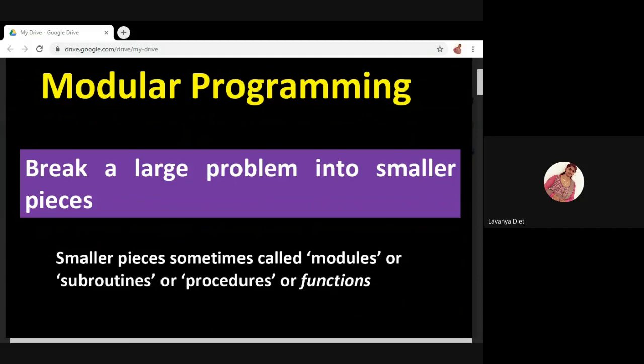In the program, you will use some subroutines. Instead of writing one large program, you will write some subroutines, small programs or functions. Those are called functions. This is modular programming.